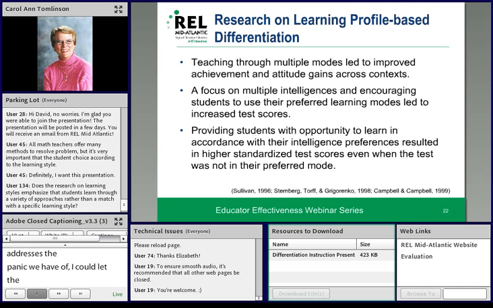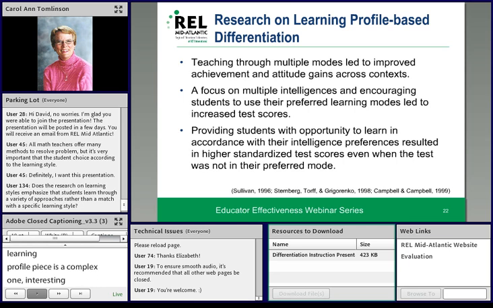I think sort of the subscript of Sternberg's work is that the test is not the same as instruction. It comes at the end of instruction. It shouldn't drive instruction. And when students can learn in a way that works for them, they probably go into that test with two benefits. One is they've learned more, and second, they see themselves as more successful, and that benefits the test as well. Again, this learning profile piece is a complex one, interesting to look at, and sort of mixed messages in some ways,